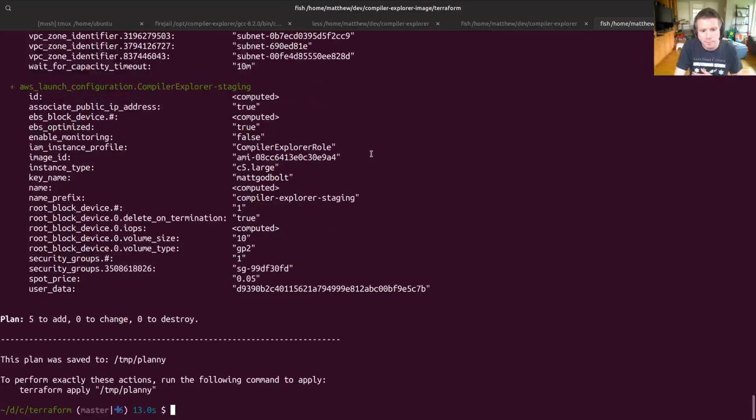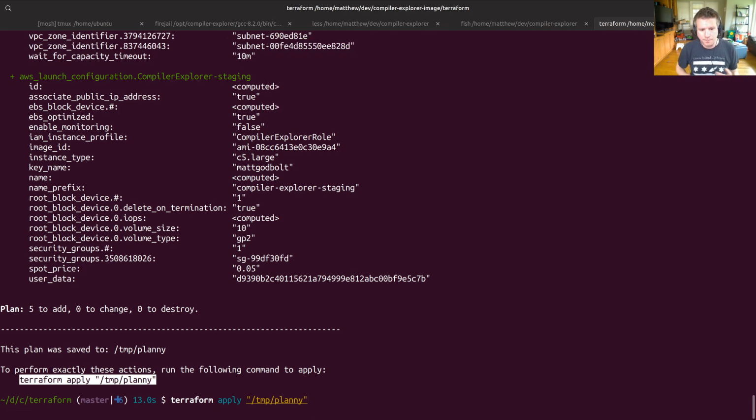I'm going to give it a go. What should happen here is if this does work out, then an instance will be created and it will start up and it will fail because there isn't actually a staging configuration for Compiler Explorer. But I'm prepared to give it a go and see what happens, because that's what this is all about. So I'm now just going to say, hey, that thing you planned, make it so, number one.